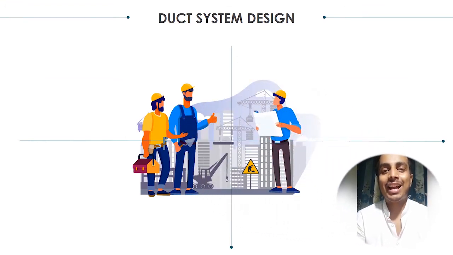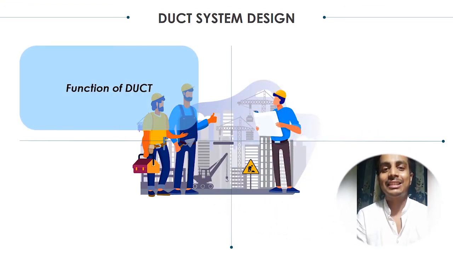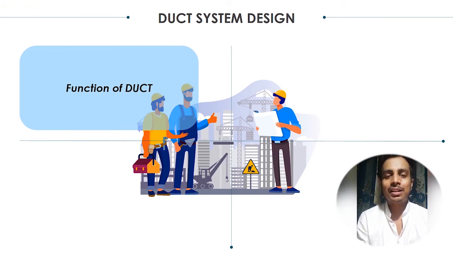As my project is designing of cold storage, I am here to discuss only the duct part or duct design. So first of all, I want to tell you what is the function of duct system. The function of duct system is to transmit air from the air handling apparatus to the space to be air conditioned. To fulfill the function, the system must be designed within a prescribed limit, as we have to check the friction, what is the velocity, and what is the pressure of the air.